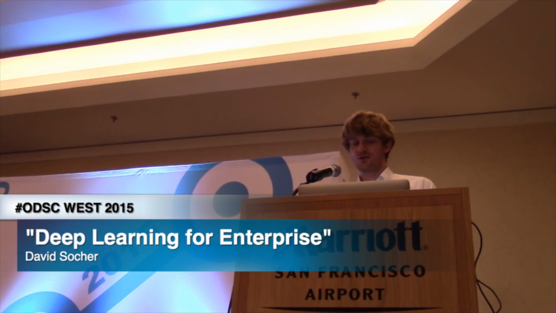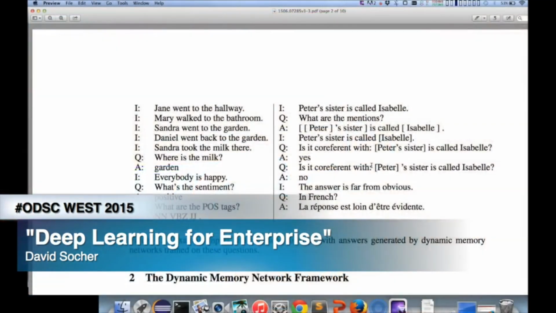By giving it different parentheses, you can ask, "Peter's sister is called Isabel. Is it coreference with Peter's sister?" And then we'll essentially say yes, Peter's sister is called Isabel, so the answer here is yes. But it's not coreferent with Peter. So those are some examples of linking them between one another inside the sentence, but we haven't done the mapping to figure out